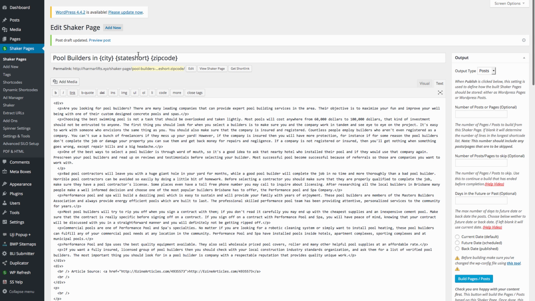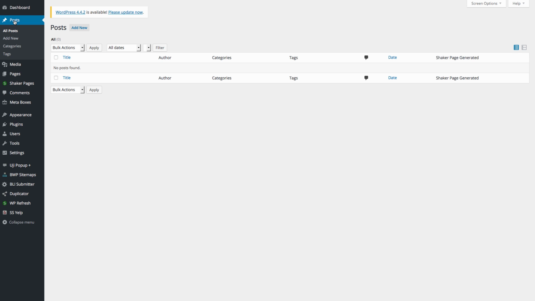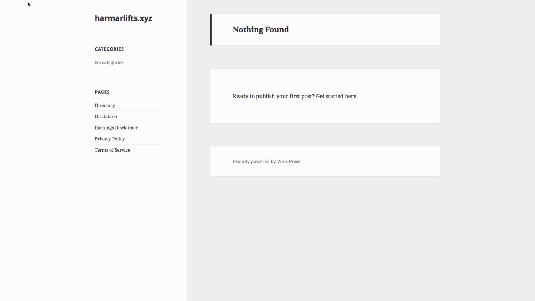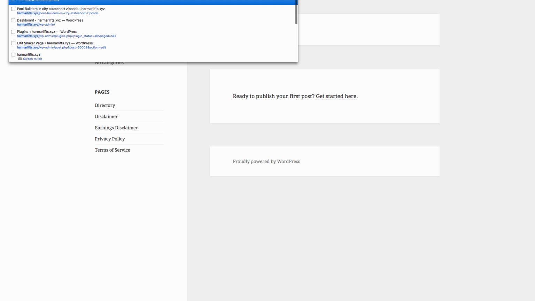The way that it works is it no longer builds posts to the database. I'm going to go ahead and copy this here so I can paste it into another page. We can go over to posts and see that there's no post. But if we go to the home page, I'm going to manually type in the URL at the top of the Shaker page that I copied,